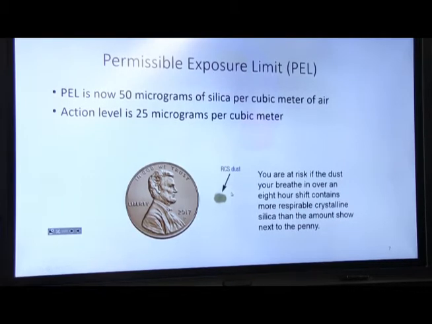As far as the exposure limits, just recently OSHA dropped the permissible exposure limit from what was originally 100 micrograms down to 50 micrograms. So they dropped that in half. And they also set an action level where we have to provide or do something at 25 micrograms per cubic